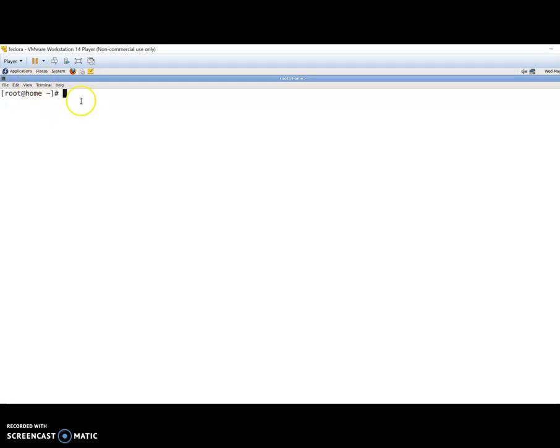Here I have already stored the program in the lab 1 folder. So cd lab 1, then I'll check whether the files are there. You need to write two programs: one is server.c, another is client.c. Another one is the file, which is what is transferred from the server to the client. We create one file.